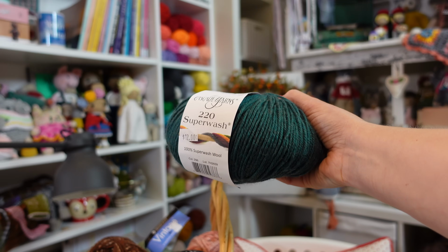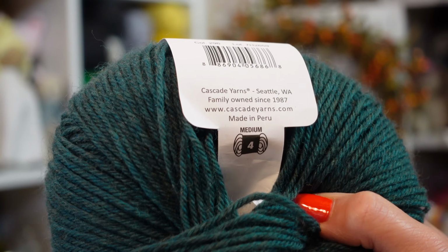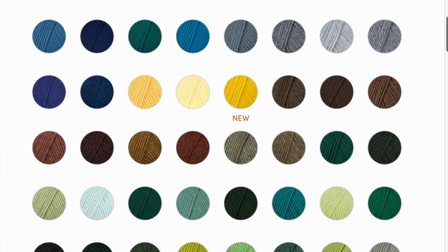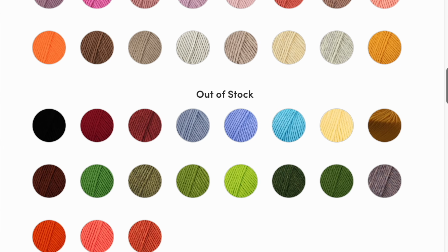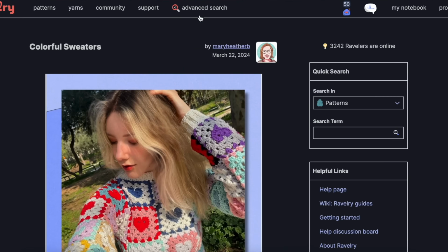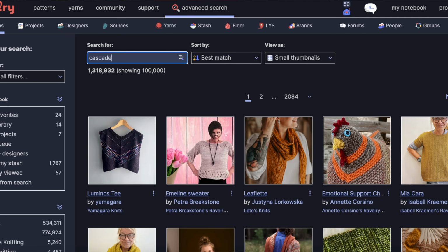I don't remember purchasing it. I don't remember what I was going to make with it, but it is the Cascade Yarns 220 Superwash. This is a 100% superwash wool, and it comes in 139 colors. This is a workhorse of a yarn, and there are so many different things you can make with it. And when you go to Ravelry and type in this yarn, you are going to find a ton of